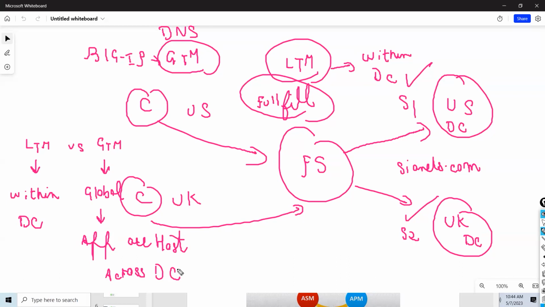So why do I want this? Why does the customer want the US customer to go to the US data center and the UK customer to go to the UK data center? What is the purpose of this? Anyone? You have been working in proxy, you have been working in other devices. What is the advantage of this? Why do they want this type of setup? US should go to the US data center, UK should go to the UK one, for a latency issue. Very good, guys. Quick response, latency issue resolution.